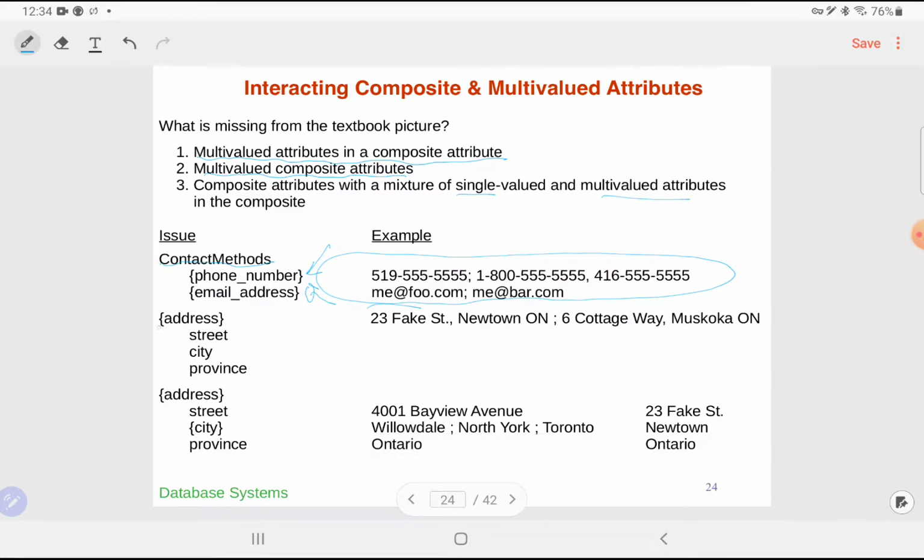A multi-valued composite, I might have two separate addresses. So I live on Fake Street in Newtown, and I have a cottage on Muskoka. Multiple values with single valued composites: the single values are simply indented as expected. The multi-value is identified by the curly braces. And then a blend,